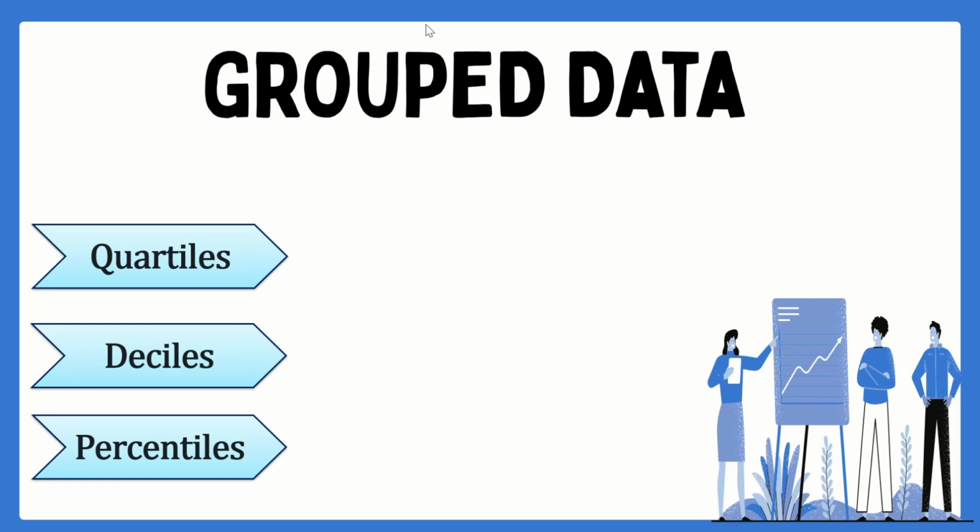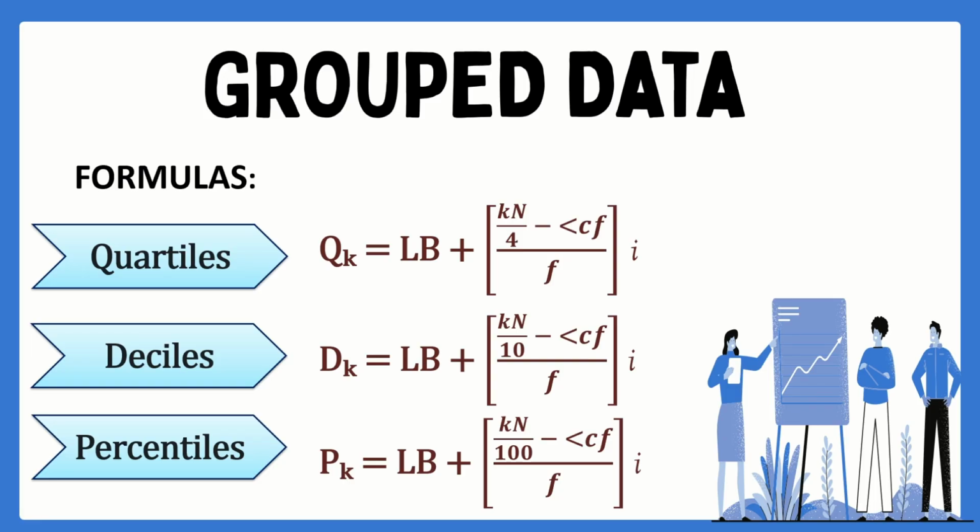Now, let's proceed with group data. So when data is grouped into intervals, we use different formulas. For group data, we're going to use the formula for quartiles. Q sub k is equal to lower class boundary plus kn over 4 minus less than cumulative frequency all over